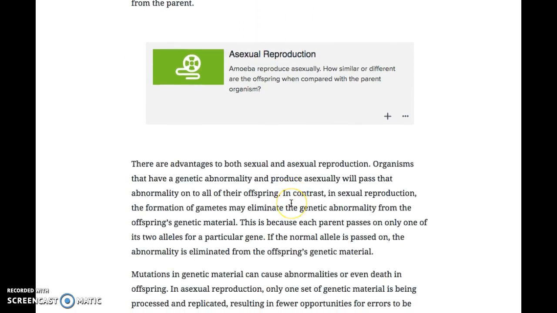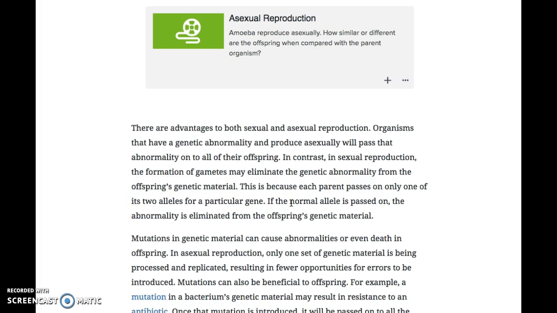So there are advantages to both of these things. Some organisms have a genetic abnormality, and it will pass that weirdness off to their offspring. So that could be a good thing, right? If you're a bee and it means that you can use some honey as you eat it, that will give you more energy. That means that will be good for you long term. If you're a bee and that abnormality means you have no wings, that's bad, right? So you're either passing on directly something helpful to your children, or you're passing on something harmful, and that will be important later.